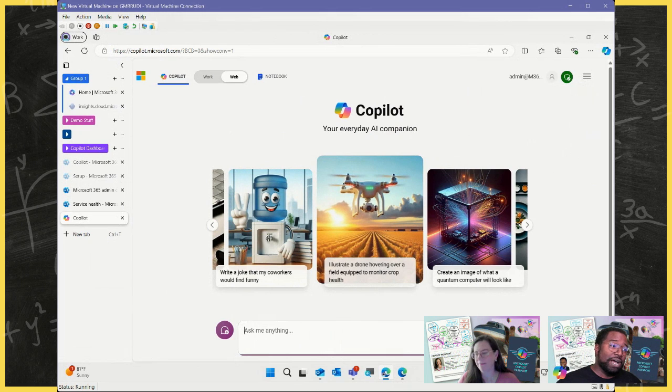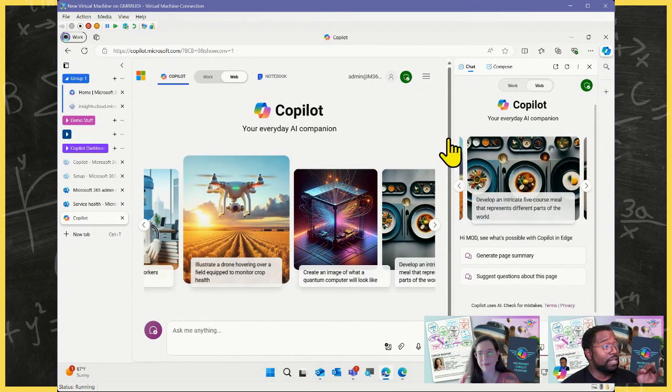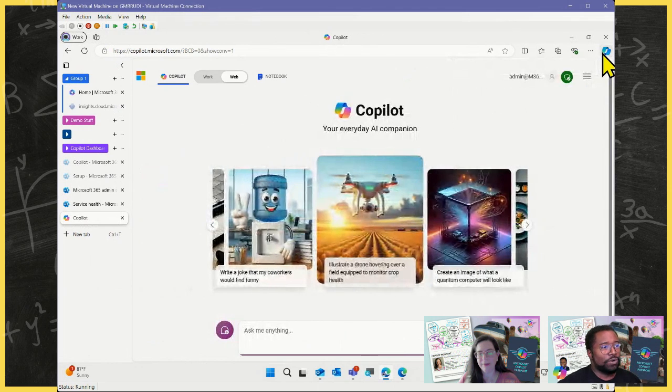Copilot can summarize pretty much anything, right? A document, a web page that you're looking at. That's one of the benefits of this sidebar in the browser: once I'm in here, it knows what I'm looking at, and when I say generate a page summary, it knows you want a page summary of that page. But summaries in general, right? So it's web pages, documents, and then when you start using M365 Copilot, summarizing email threads, summarizing meeting transcripts, summarizing documents that are in your SharePoint and OneDrive and things like that. So we'll get into lots.